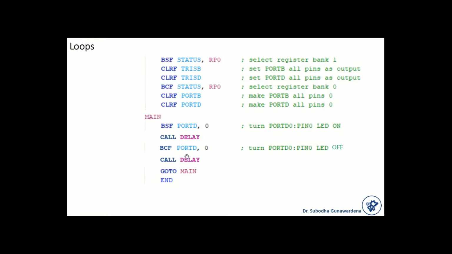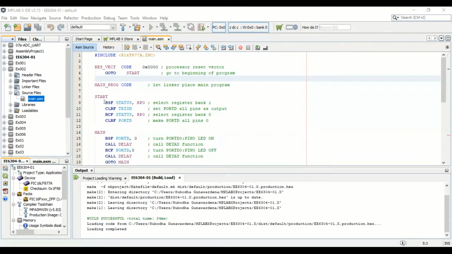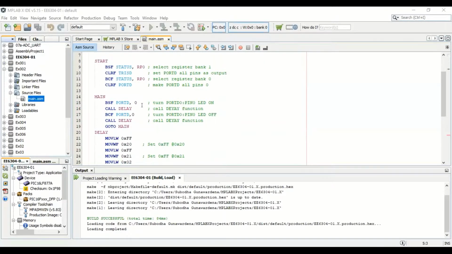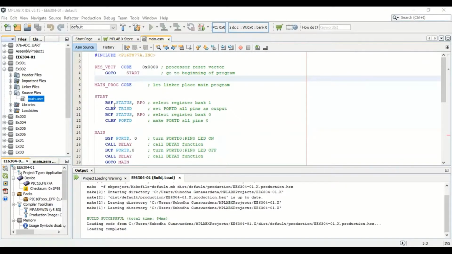So inside this there will be other loops. So if I write the program in the MPLAB X IDE, it would look like this. So I'll be moving on to the actual IDE rather than explaining it in here. Okay, now we are in the IDE. So in the IDE, my program would look like this, right? Here in this program, I have removed clearing and setting the port B, which is not required for our program, right?